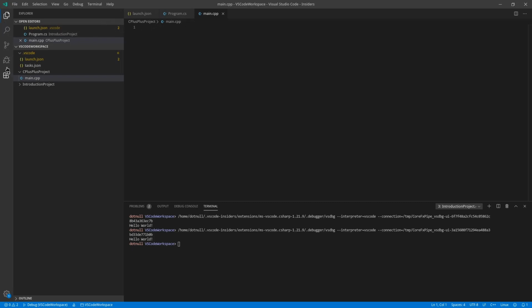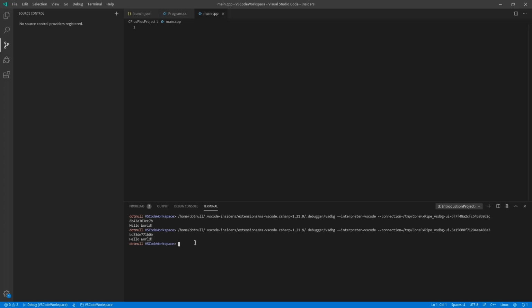So, how to do source control. We have no source control at the moment, but if we want to add our workspace to some repository, I'm going to use Git, and I'll probably make a video on how to use Git in the near future. But for right now, I'll just do the commands to show you how the source control in VS Code works. So right now we'll do,